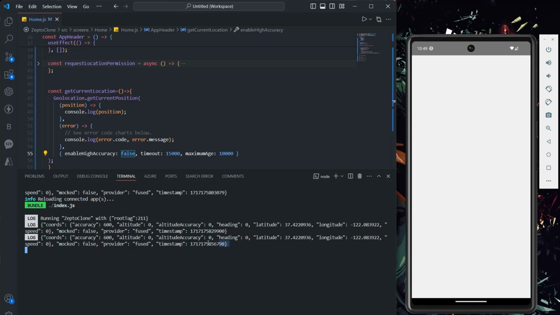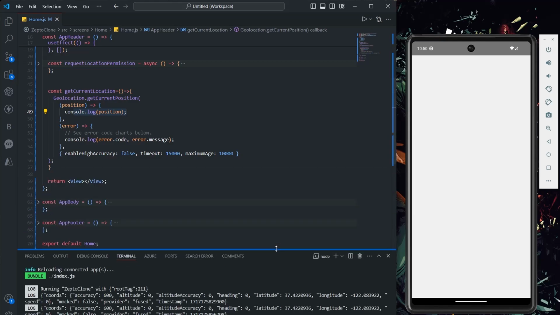Now if you come back and look at the data we are getting from this console, in the position it gives the accuracy, altitude and altitude accuracy also. In this whole thing we need only two things: latitude and longitude. These two are enough, we don't want the remaining ones. So to store this latitude and longitude, and use it anywhere,